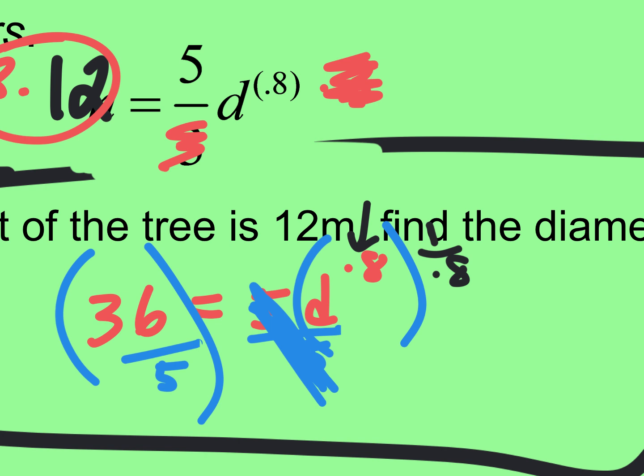And the calculator will know what 1 over 0.8 is. What is 1 divided by 0.8? Oh, it's 1.25. So, and I know those two will cancel each other out. So it's really